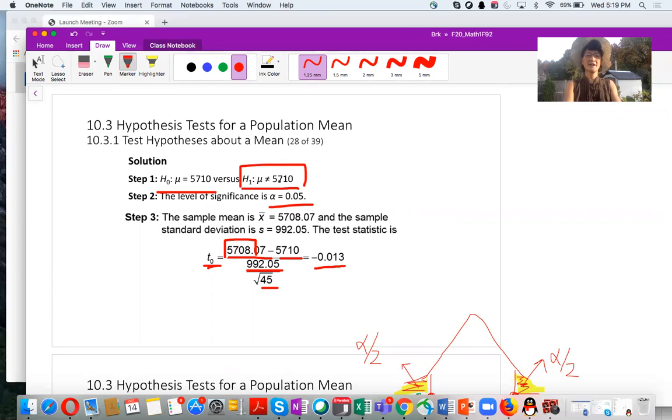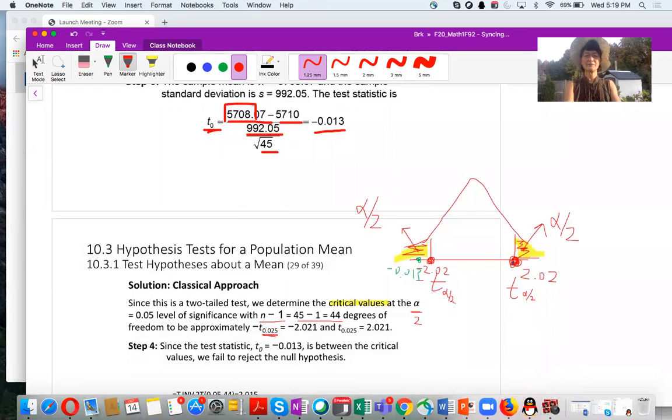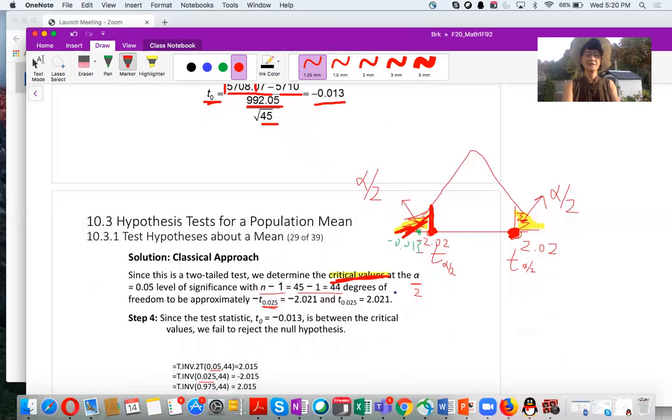Because H1 has a not equal sign, we determined this is a two-tailed test. This is the picture of a two-tailed test. So we need to find the critical value. What is the critical value? In order to find the critical value for t, you need two items. One is the area to the left, and the other is the degree of freedom. And you can use this one